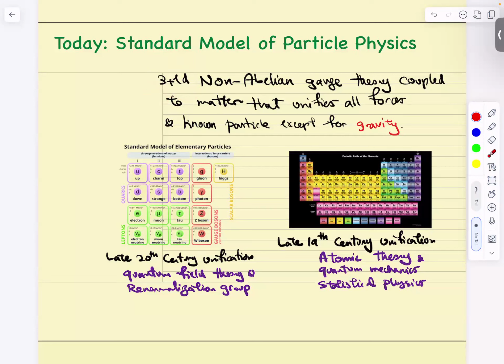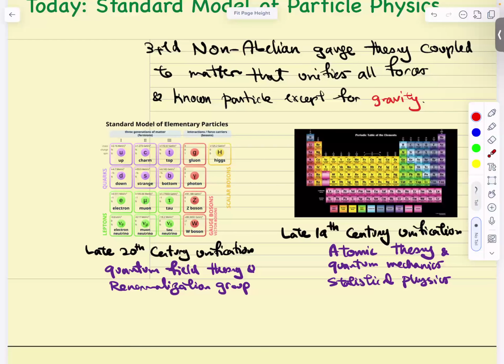it's a 3+1 dimensional non-abelian gauge theory coupled to matter. It's a model that unifies all forces and known particles, at least known until recently, except for gravity, right? And it plays a role similar to the role that, so this is the particle content of the Standard Model in one plot. It plays a role that in the 20th century